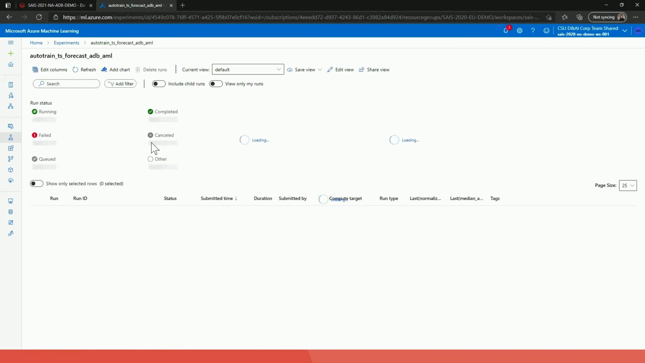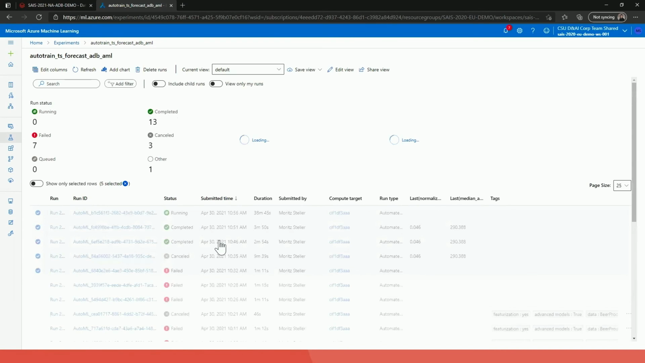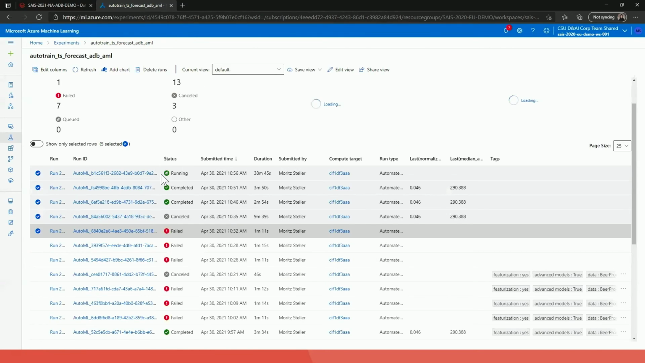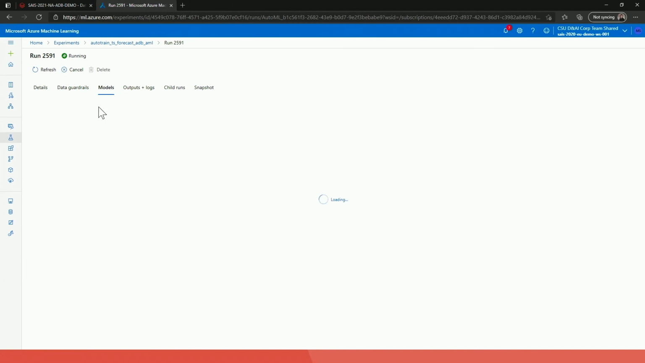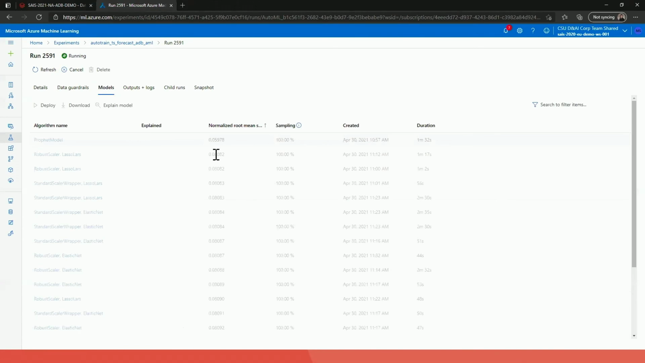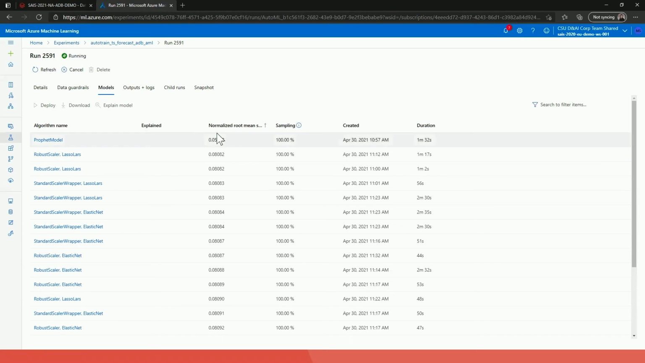So let's go one step back so I can show you how this looks like. And you will see many failed models on my side because I was trying out a few things. But if you go in here, you can click on models. This takes a second to load. You see all your models that are currently running. Our current leader model with a normalized RMSE of